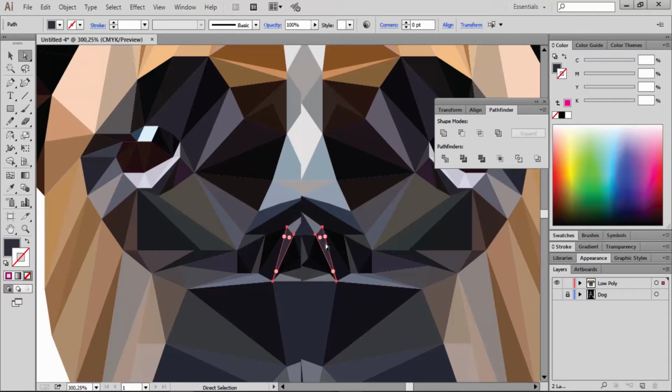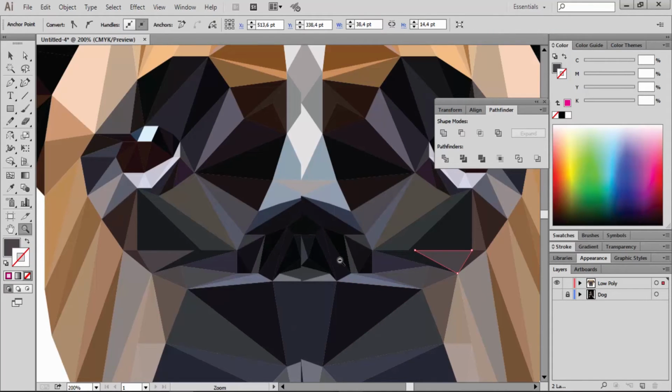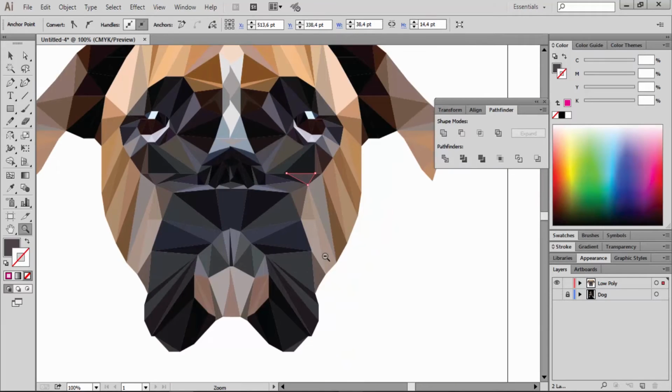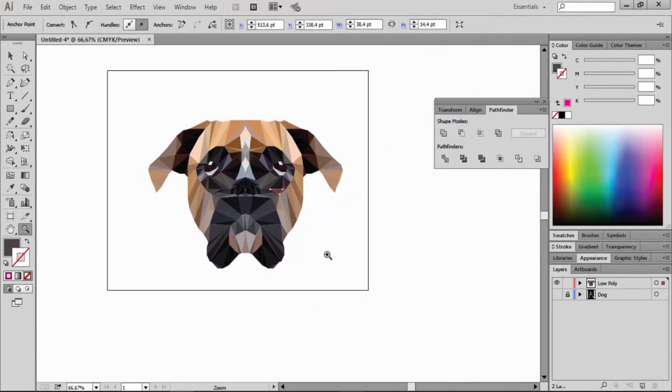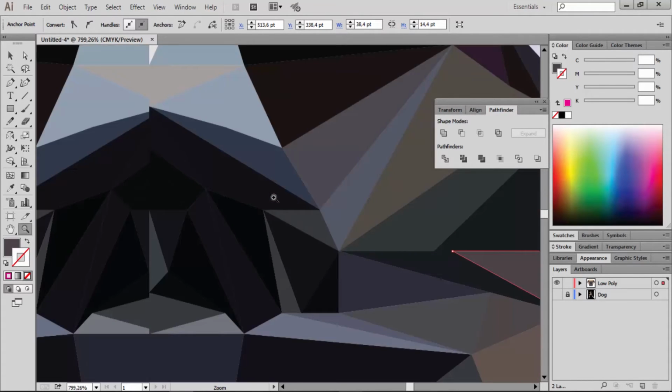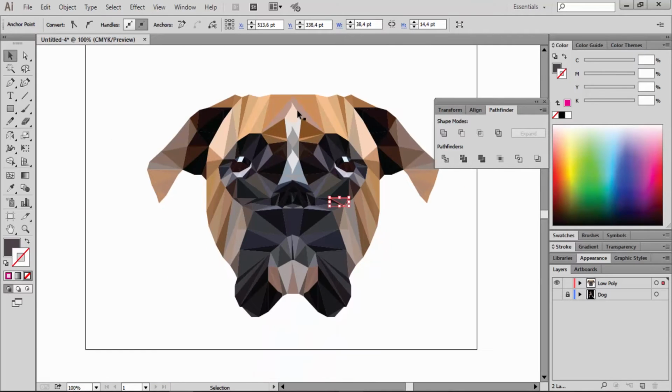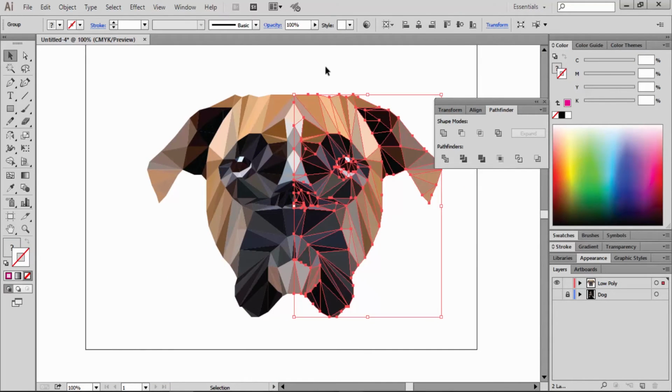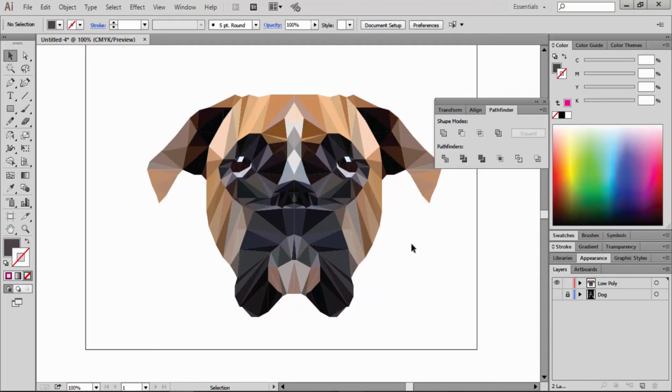Let's select these triangles and let's place some darker colors, something like this. Now it looks more like a dog's nose. Yes, I think this is nice. Let's move this a little to the right.